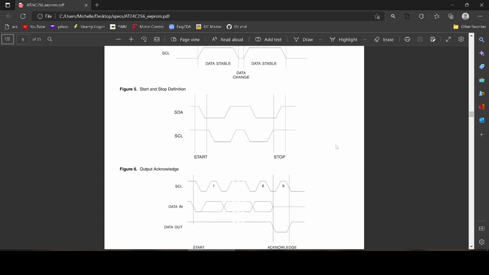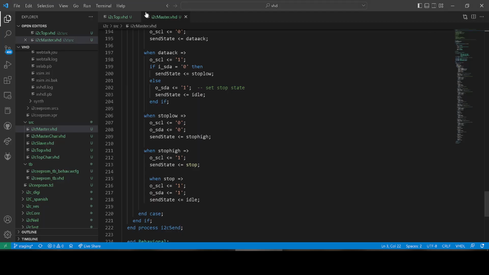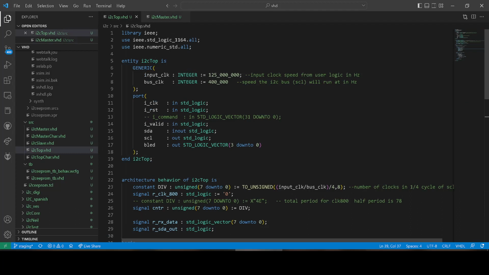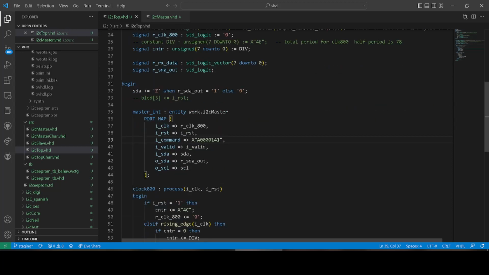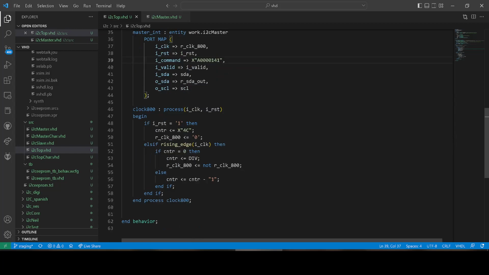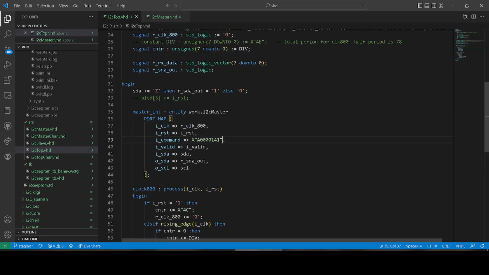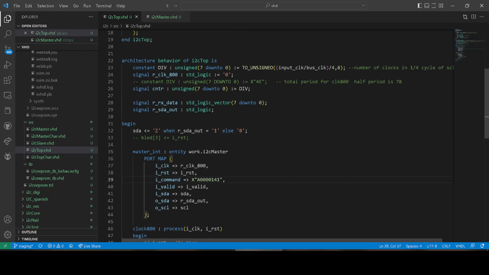The only other thing I want to point out to you in the code, I'm going to minimize this now, is that in my top, these EEPROMs run at 400 kilohertz, right? And so basically I had to convert my 125 megahertz clock down to 400 kilohertz. So I did a little bit of counter divider to create a generic clock that actually goes out and does that. But the other thing that's important is that like I said, I had to set up my tri-state buffer to communicate over the